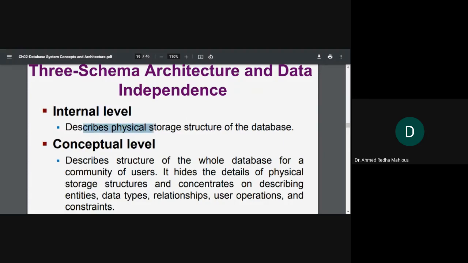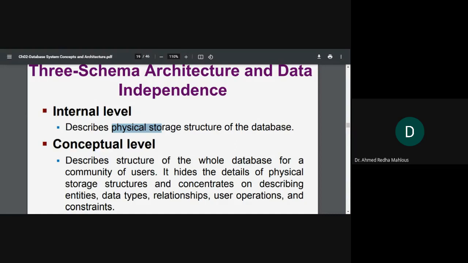It is the structure of the storage of the data, how the data is physically stored. We say that it is stored in files, and files are stored in a USB, or on a hard disk,